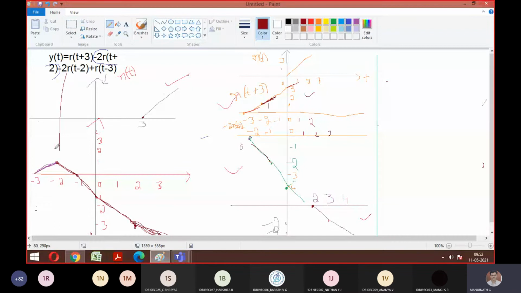So the only thing we should understand is how to plot this amplitude scaling. If it is 3 times r of t or 4 times r, 2 times, whatever they give, just stick to the procedure we just went through. You just need to do the amplitude scaling and the signal in your ramp will be continuous only. So only amplitude will help you do this operation. Is it fine to everyone now? Yes, sir.